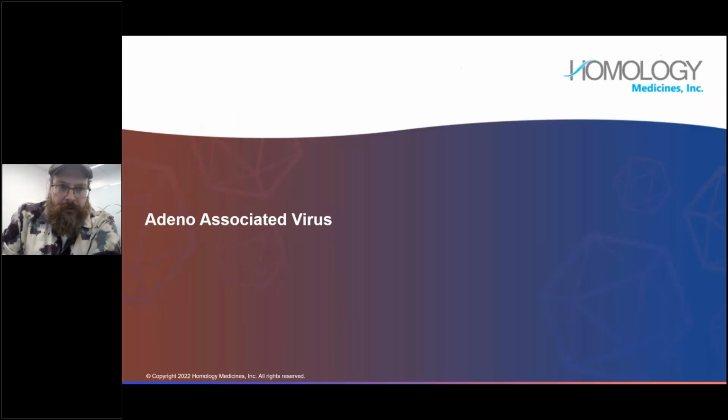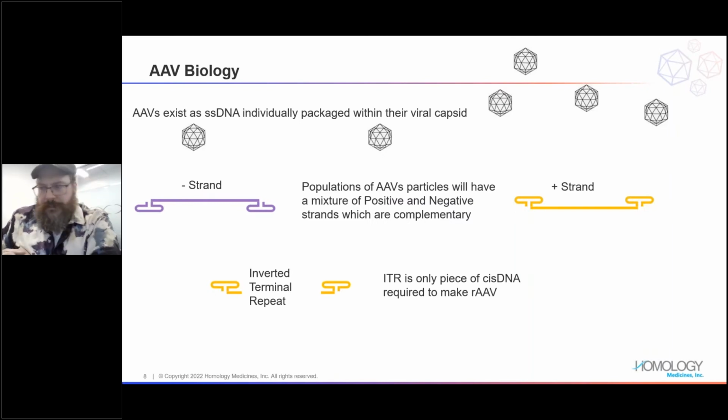So again, to shift gears and go back to what this applies to in what we're trying to fix here with our AAVs. A bit of a review from where we're coming from on the virus. They're packaged as single-stranded molecules of DNA. You get a roughly 50-50 mix of positive and negative strands, as these things are unwound essentially in their host cells from a plasmid, because we're working with recombinant, and then we're of course stuffing them into their capsids.